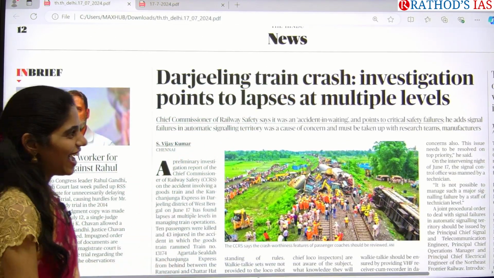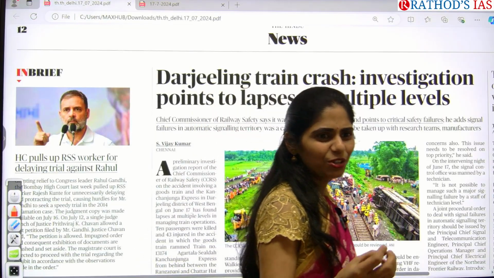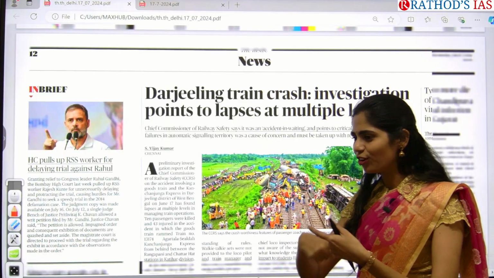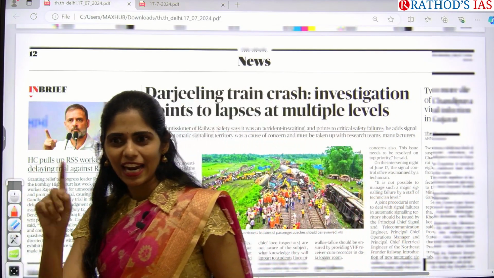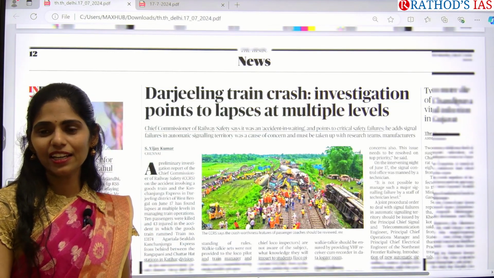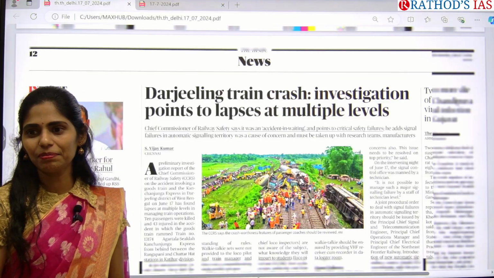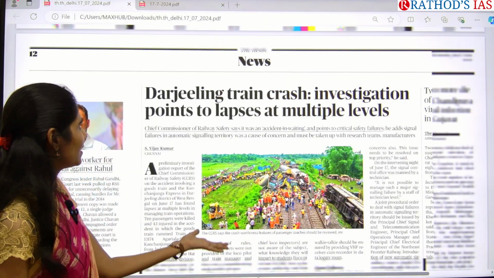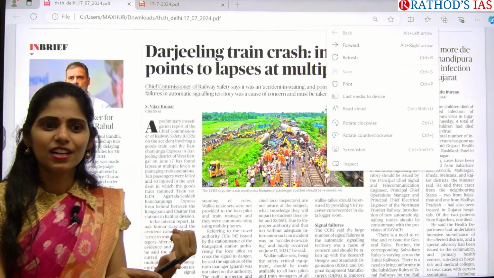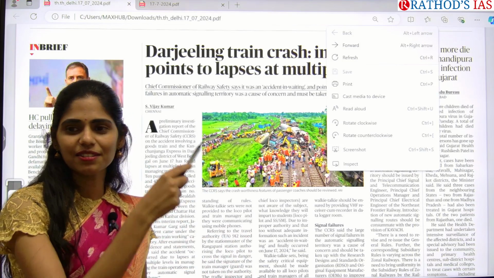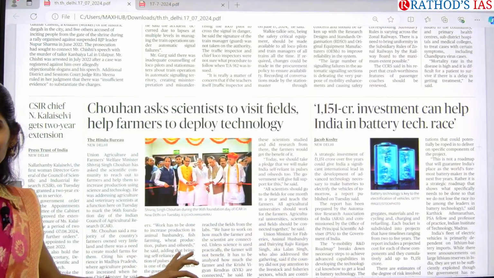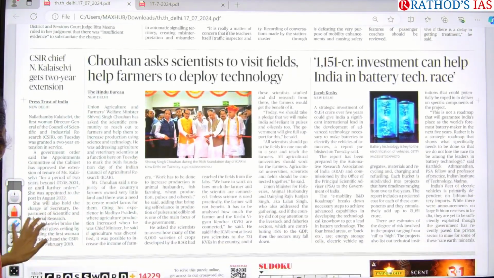Till last week we discussed this covered system and the European advanced training system. At that time our government said that we want to shift from the covered system to the European system. At that time I asked one question: who is responsible, who will say that another train accident may not happen? Within that time there is one more incident, the Darjeeling train crash. So again we will be getting articles based on this European train system and the covered system continuously for the next one week. It will be boring for me and you to read and revise everything. Yes, the next topic here is